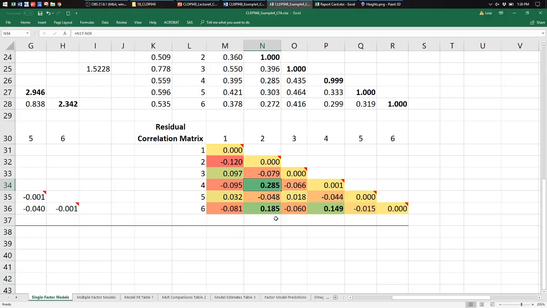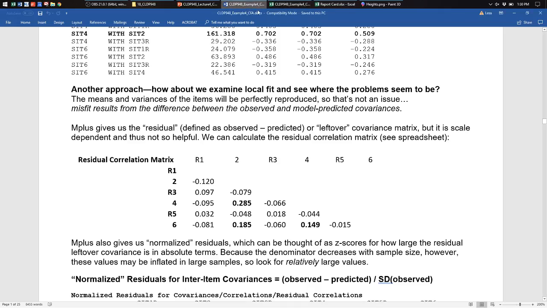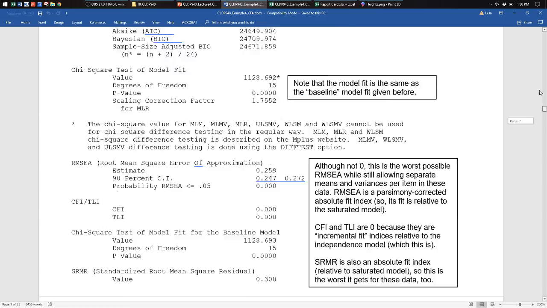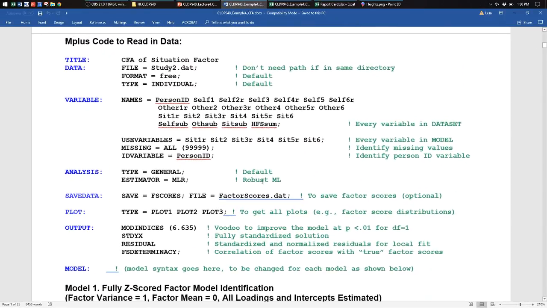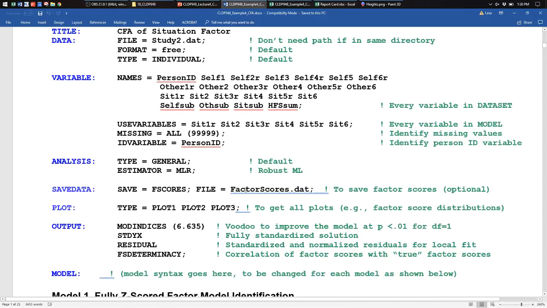So there are various ways to fix this problem. And M+ is going to pick up on this discrepancy and suggest ways to fix it. So that's what you get when you ask for residual as an option. So on the M+ code on the very first page of example 4 here, just to tell you where I got this stuff,